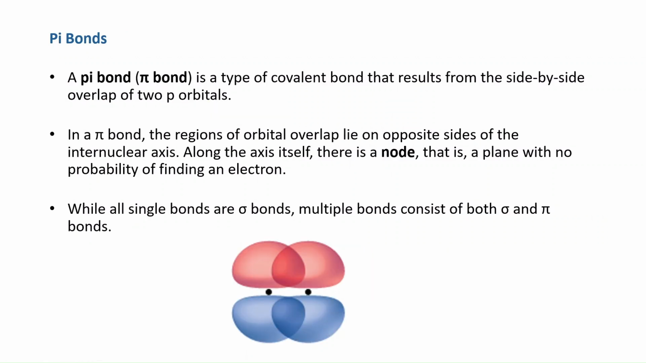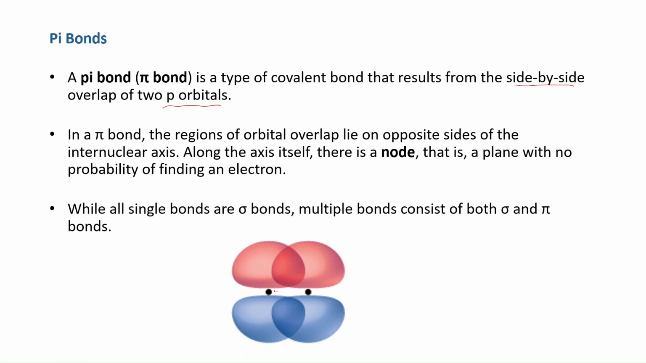Pi bonds, on the other hand, result from the side-by-side interaction of p orbitals. S orbitals don't have orientation because they're perfectly spherical. So it has to be two p orbitals, and rather than a head-on collision, they're just going to sideswipe each other. Okay? So when they interact sideways,